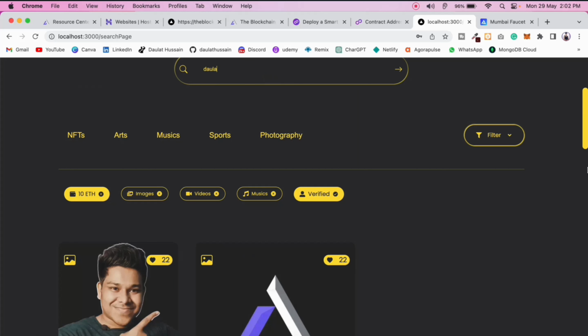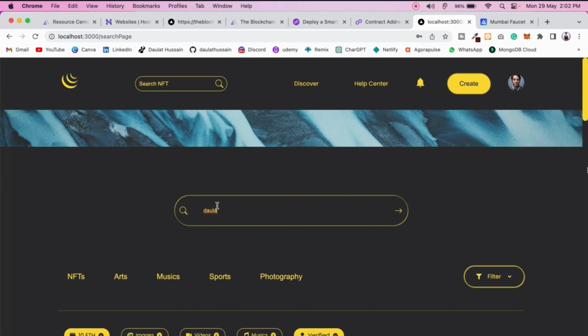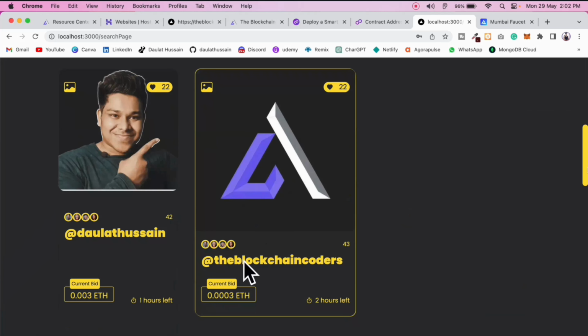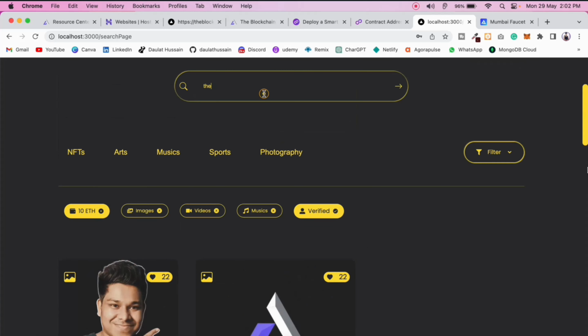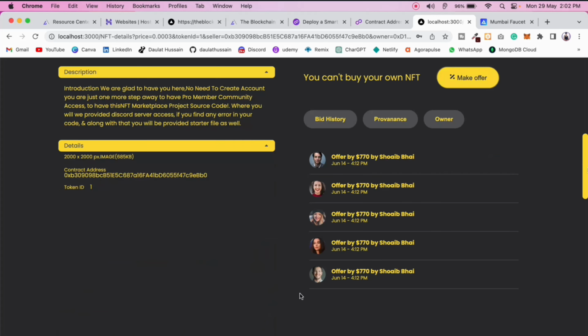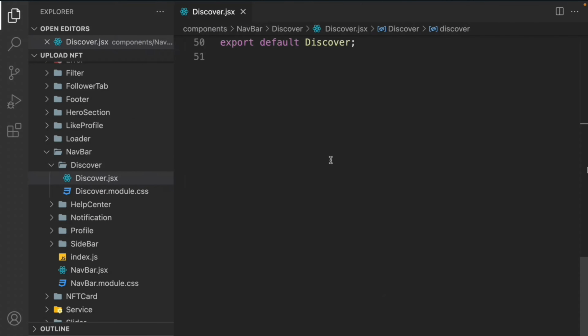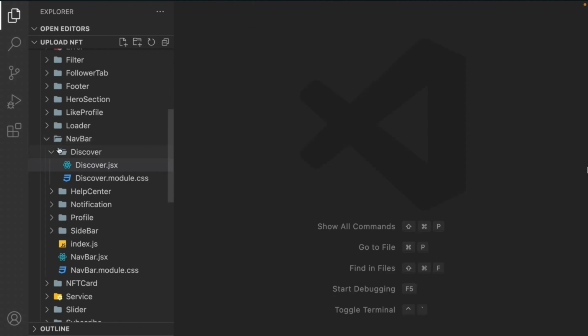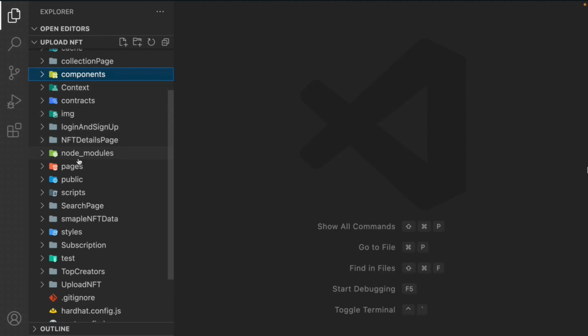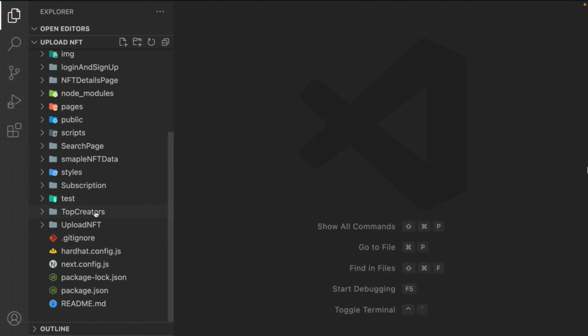You can filter by the name Daulat, and you can filter by blockchain. Okay, I have to type the whole name. I'll say blockchain, and you can see we can easily filter, and we have all the data. So things are looking pretty good. You can see we can easily create NFTs on the Polygon, and we can fetch and have the data. So let's close all of these open tabs, and now what I have to do is,